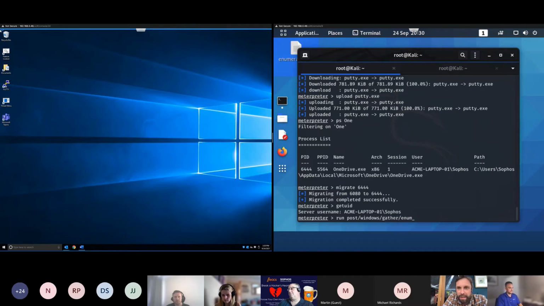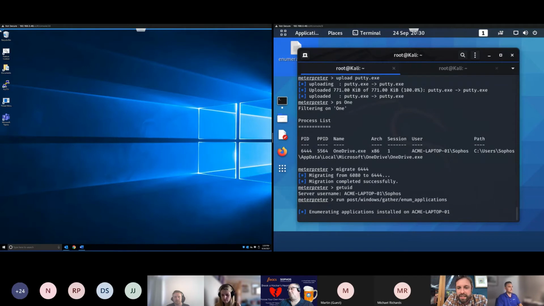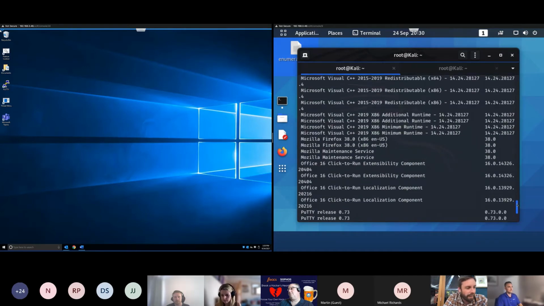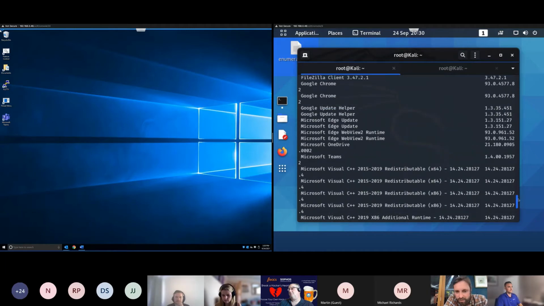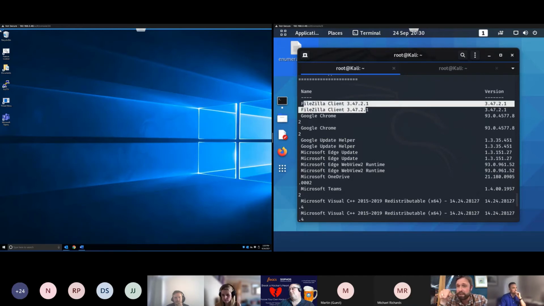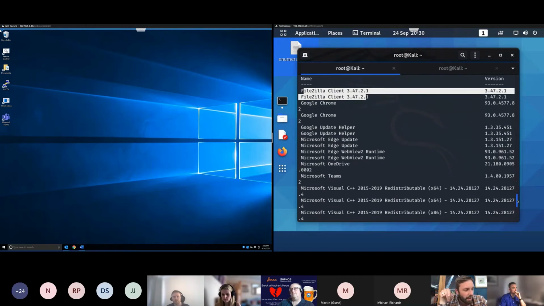So we're going to enumerate the applications. And again, even though the machine seems pretty idle, there's a fair amount on there. There's a few things that catch my eye almost immediately. The first of which is right at the top conveniently this time around, which is FileZilla. Now, I happen to know that this particular version of FileZilla is vulnerable to a certain inbuilt attack that we've got in here. And then a little bit lower down, we should find the Remote Desktop Connection Manager, the RDC